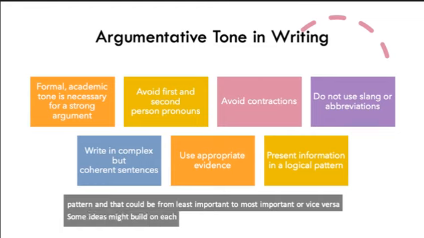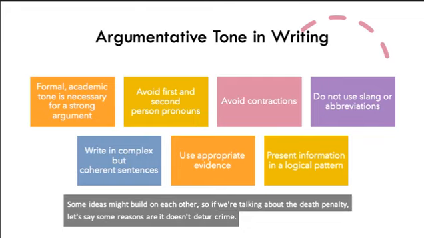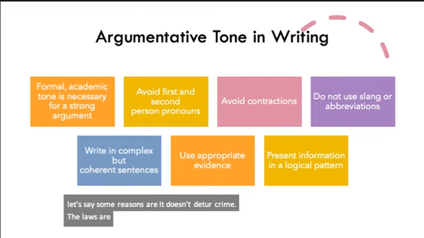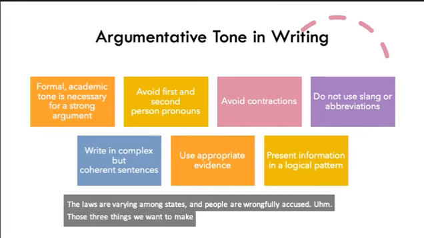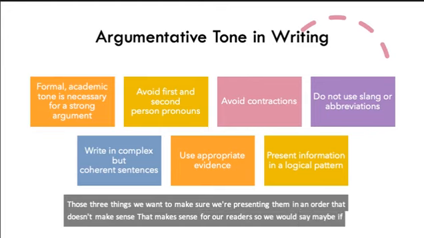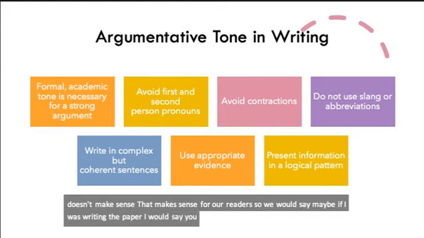So if you're talking about the death penalty, let's say some reasons are it doesn't deter crime, the laws are varying among states, and people are wrongfully accused. Those three things, we want to make sure we're presenting them in an order that makes sense for our reader. So if I was writing the paper, I would say, the death penalty should be abolished because people are wrongfully accused,